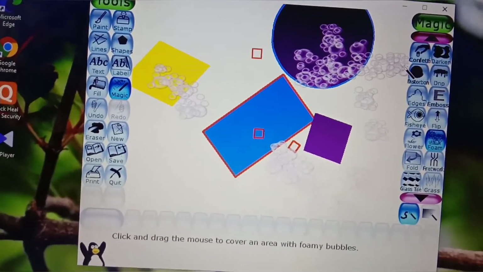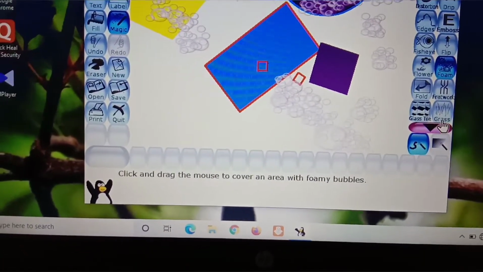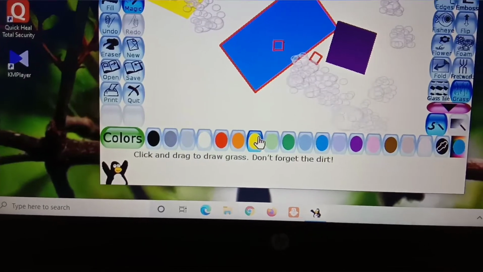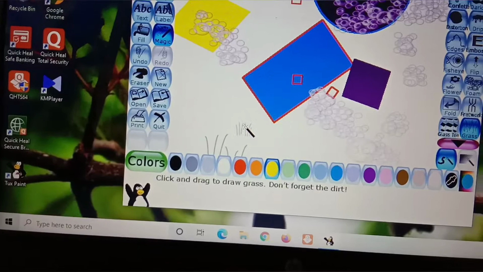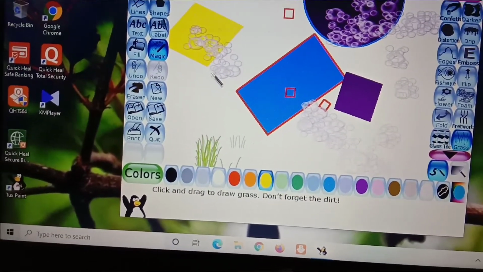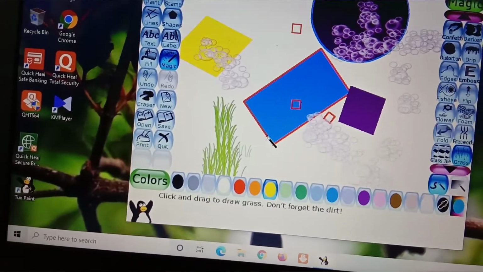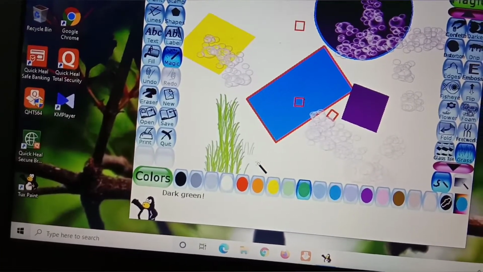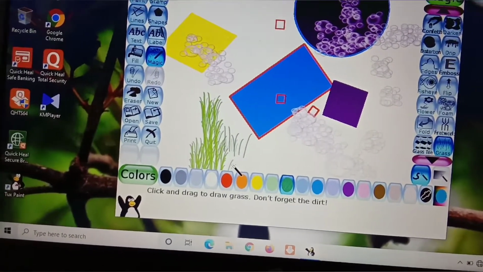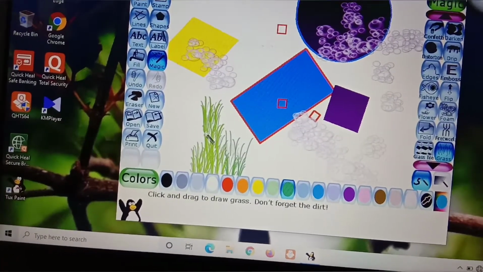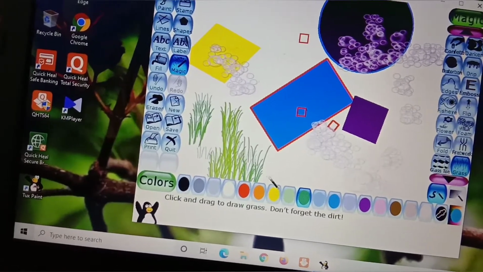Okay, now comes the grass. So in the grass, what happened? So in the grass you can select any color as your requirement. Then again in one click you can see it will come like this. And also if I do the dragging, the grass will come like this. Okay, understood.